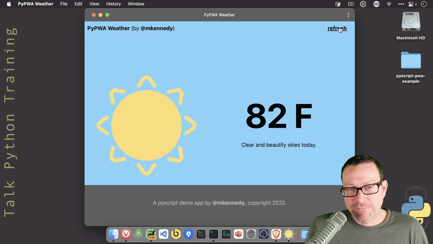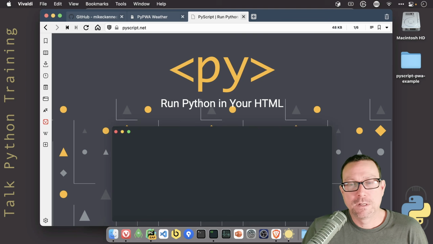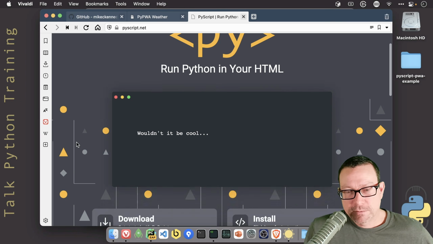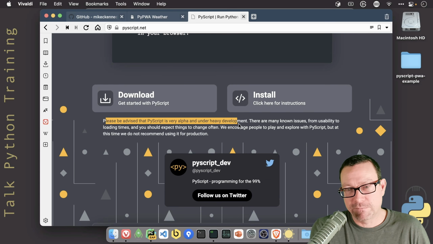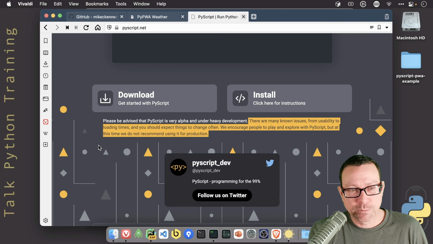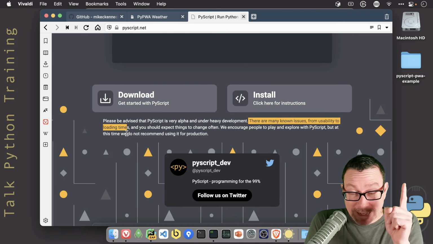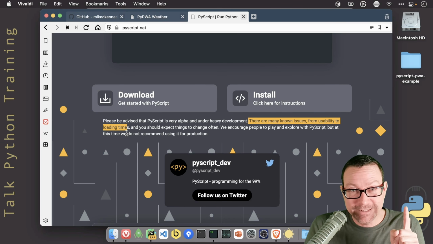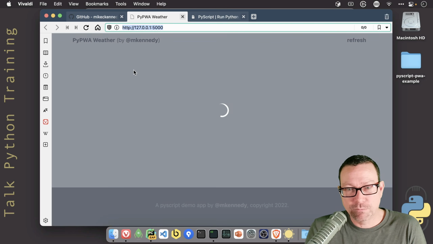Now, before you get too excited, I do want to put one word of caution out there. If you go down right here, it says, please be advised, PyScript is very alpha and under heavy development. There are many known issues from usability and load times. I will add instability. There is certainly the chance that when I'm running this, like, let me see if I can get an error to happen. If I hit refresh,